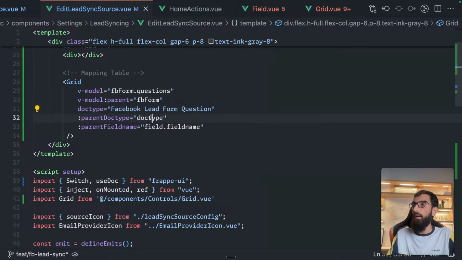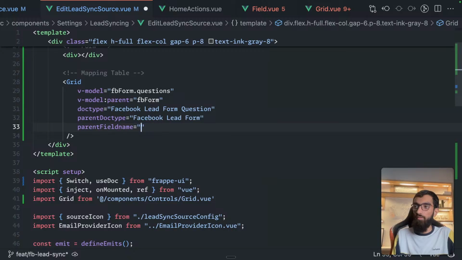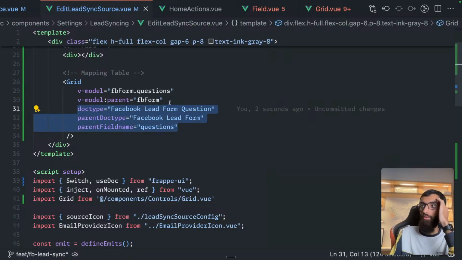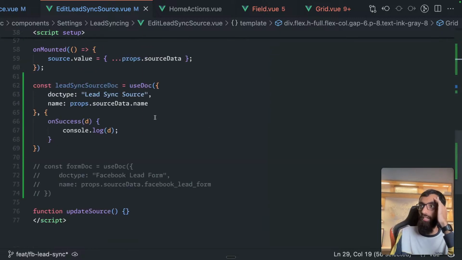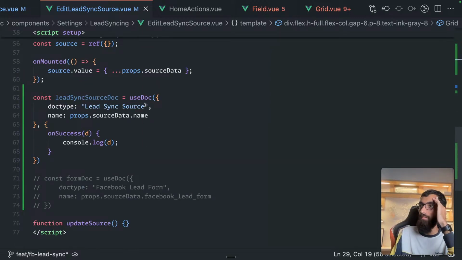Yep. Parent doc type, that also we know. Facebook lead form. And then I need the parent field name, which is also not dynamic, which is called questions. Yeah, so these three are figured out. Only these two are remaining, which I will fetch using a